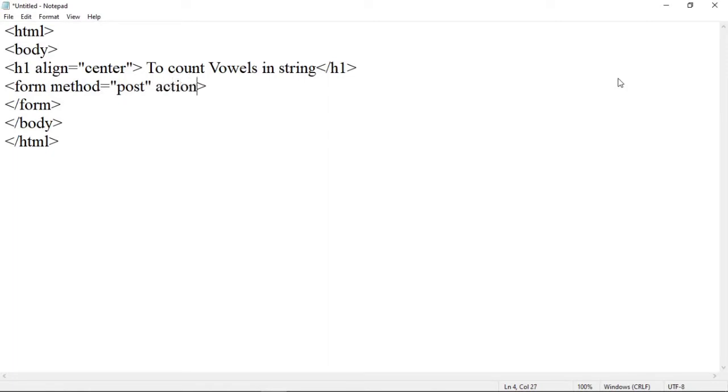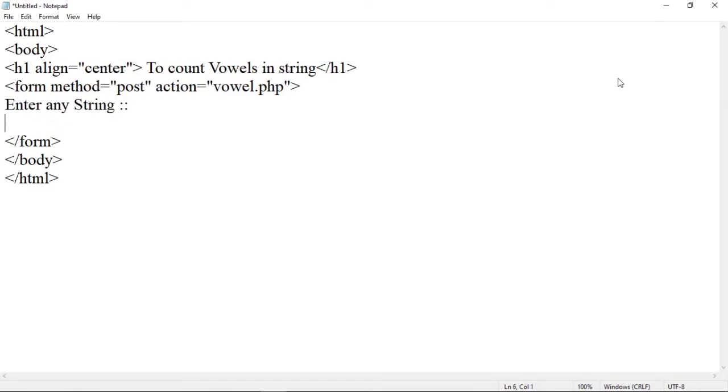Then action attribute, action is equal to, here we have to specify path of PHP file. Suppose that file is vowel.php. Now within this form we have to create a text box to accept a string. So let us first of all type a label as enter any string.